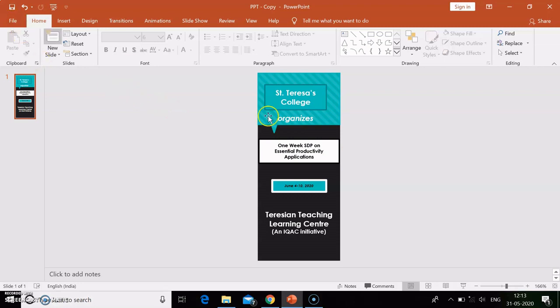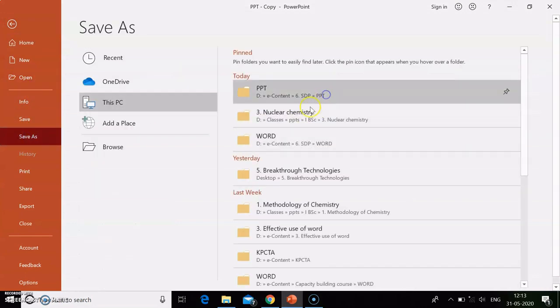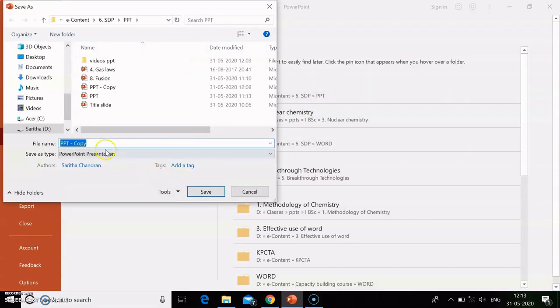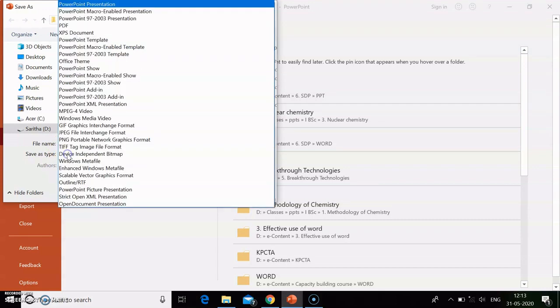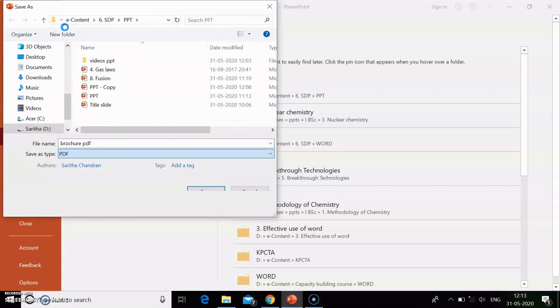Now you can also convert this PowerPoint slide to a PDF file. For that, go again to Save As, choose a folder, give a file name, say brochure PDF. Then select Save As type and here you have PDF.